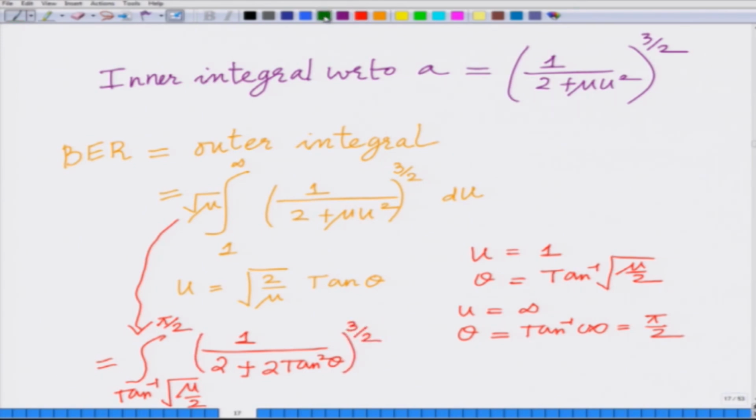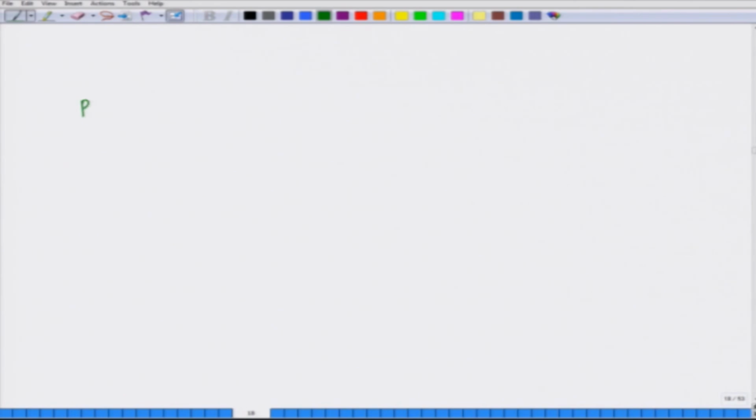Also, you can see from here, if u is equal to square root of 2 by mu tan theta, then du is equal to square root of 2 by mu secant square theta d theta. So, I am going to write this as square root of 2 by mu secant square theta d theta. And now, when I simplify this integral,